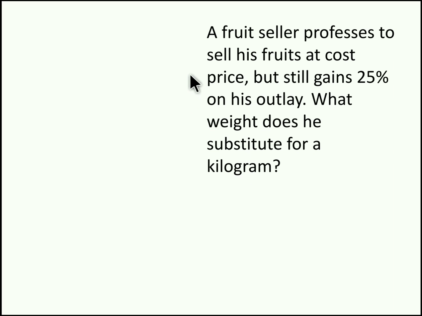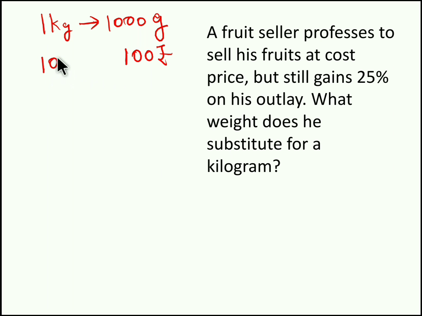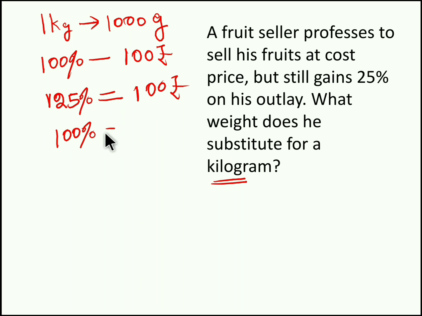Since we don't know what is the actual cost price of the fruit, we can keep the cost price of the fruit as 100 rupees. So 1 kg of fruit, that is 1000 grams of fruit, is 100 rupees, and this 100 rupees is obviously 100% for the fruit seller. Now he is selling the fruits for the same 100 rupees but using false weight instead of a kilogram, right? So he is not using a kilogram weight, he is using false weight instead of this kilogram, and he is selling the fruit for 100 rupees, so that he is gaining 25% profit. So 25% profit means 125% selling price. So if selling price is 125%, we have to find the cost price of the fruit, actual cost price of the fruit. So 100% is nothing but x.